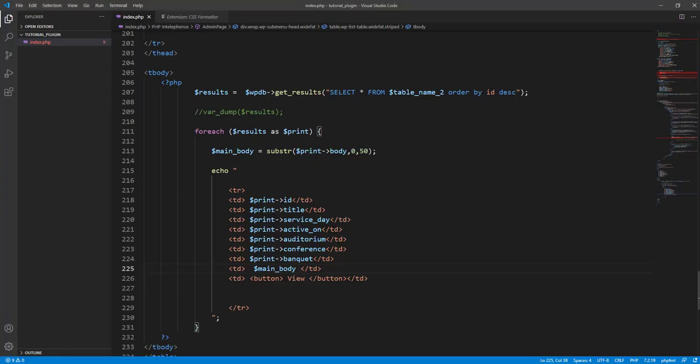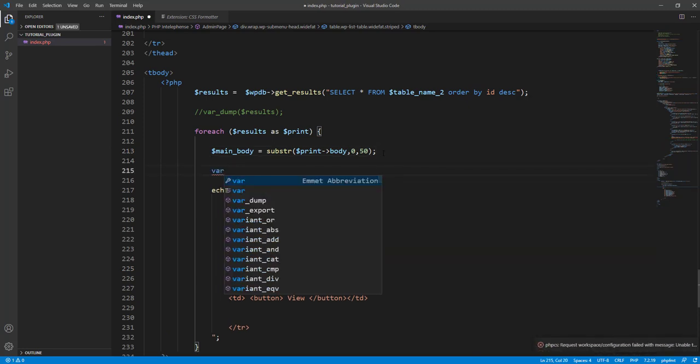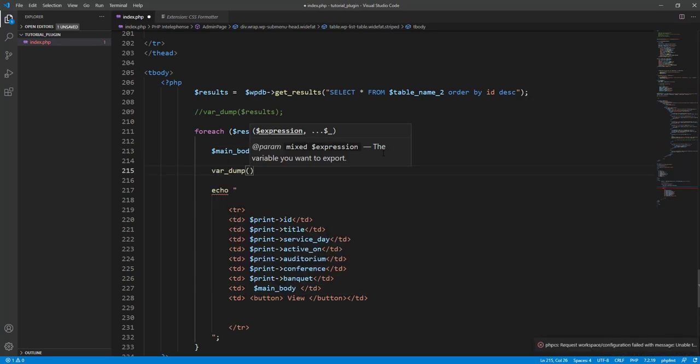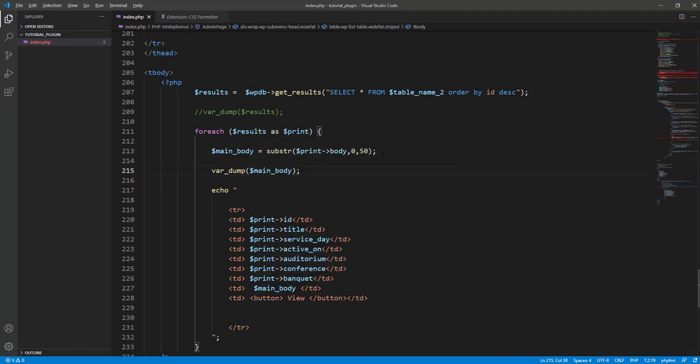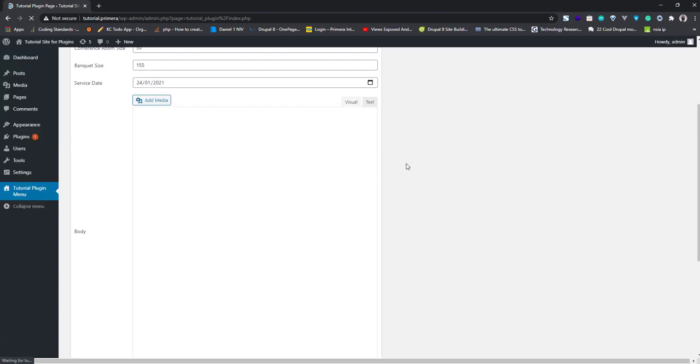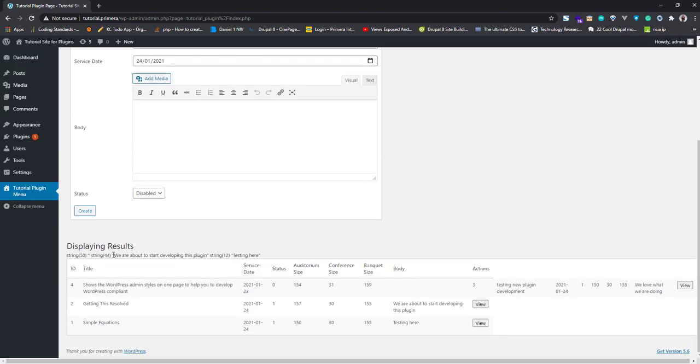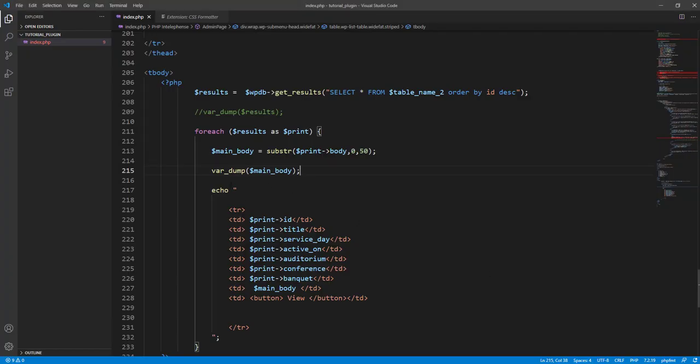So when it's substringing it, you still have some. Let's redo this. Let's display this in body and see what it's giving us. Okay, so it's actually there. It's actually there. So we write